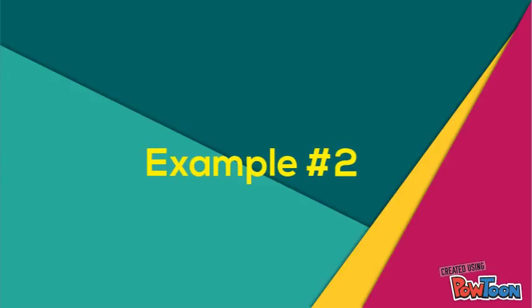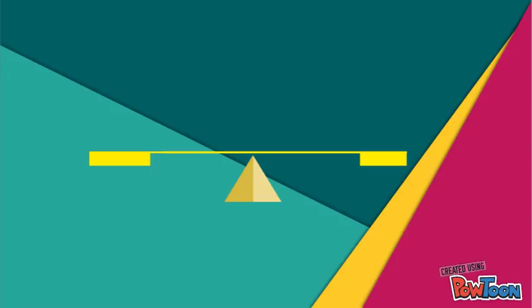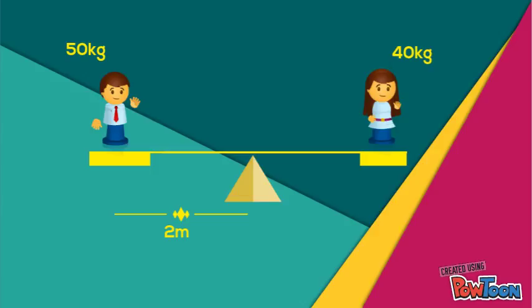Let us discuss another example about torque. Imagine a seesaw in the playground. The healthy kid weighing 50 kilograms is seated 2 meters to the left of the center of the seesaw, and another lighter kid weighing 40 kilograms is seated on the other side of the seesaw. If the two kids are to be balanced on the seesaw, how far to the right should the lighter kid